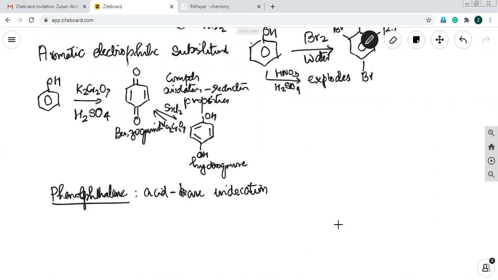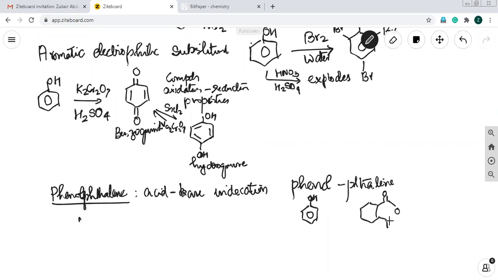Now, look at the name phenolphthalein. You have two portions. One is phenol, and then you have phthalein. Now, phenol has this structure, and phthalein comes from phthalic anhydride. This is phthalic anhydride. So if you take two molecules of phenol and one molecule of phthalic anhydride and react